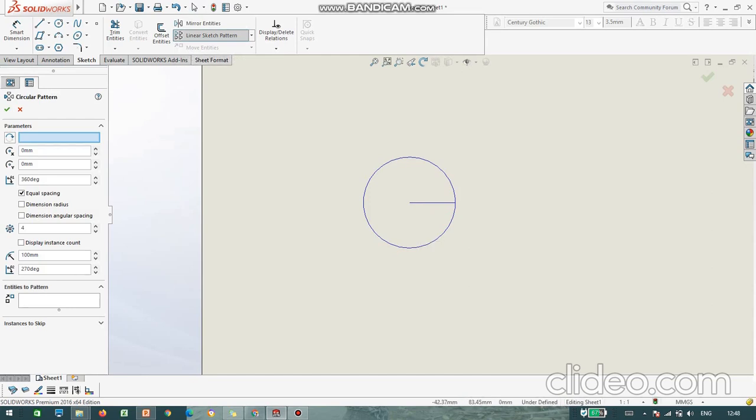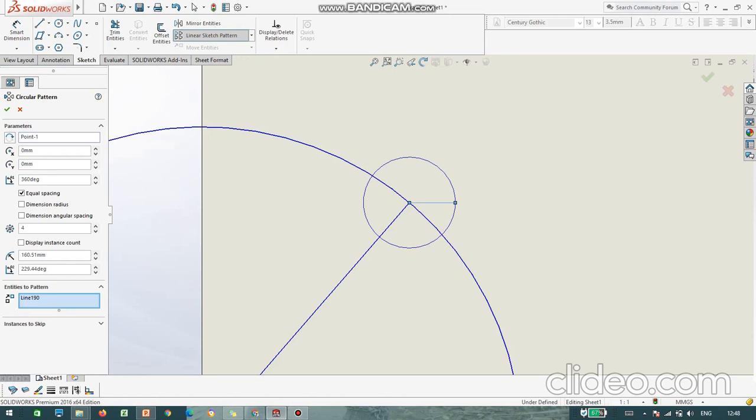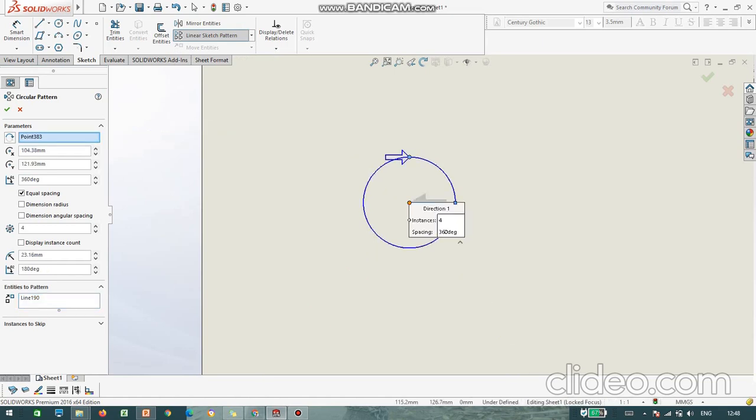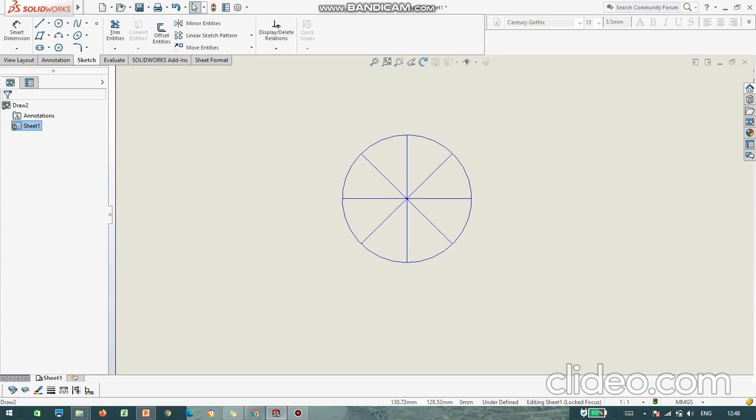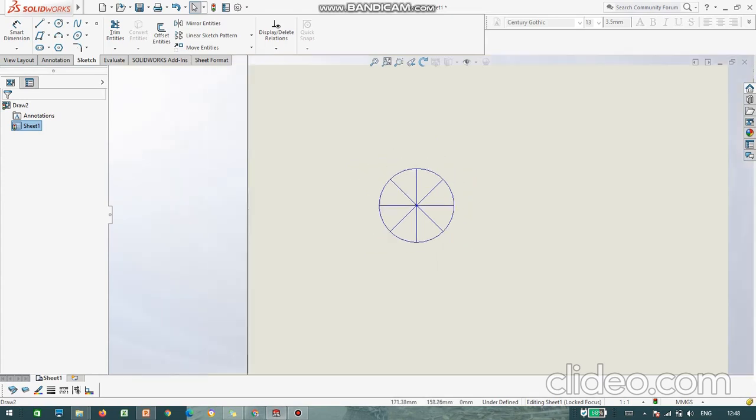It's asking for a pattern entity. I select my radius as the pattern entity. Select the point, and my center is the point. Right now we have 4, which means 4 divisions. I want 8 divisions, so I just increase it here, or else you can type 8. Say OK. Now I have divided it into 8 equal parts. This is called circular pattern.